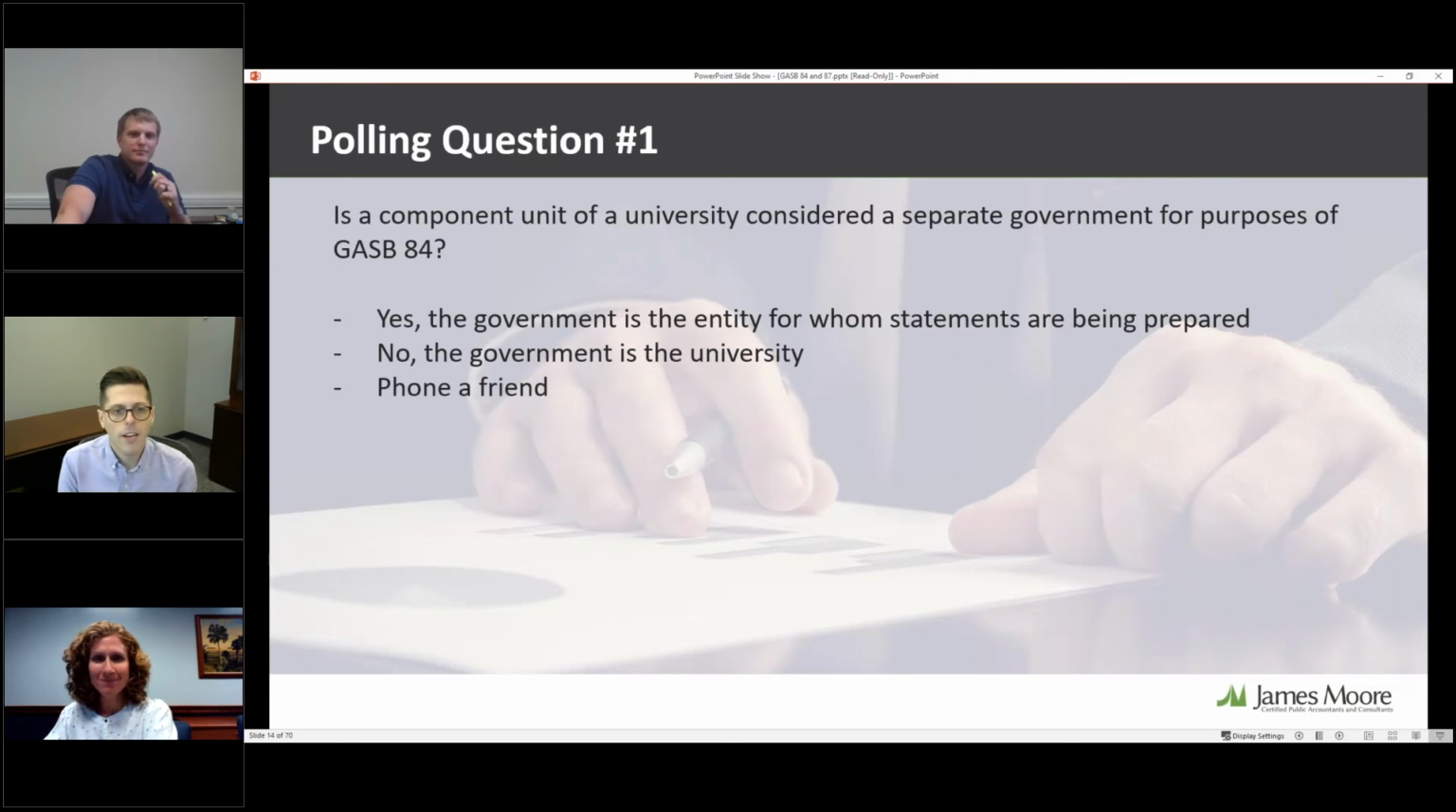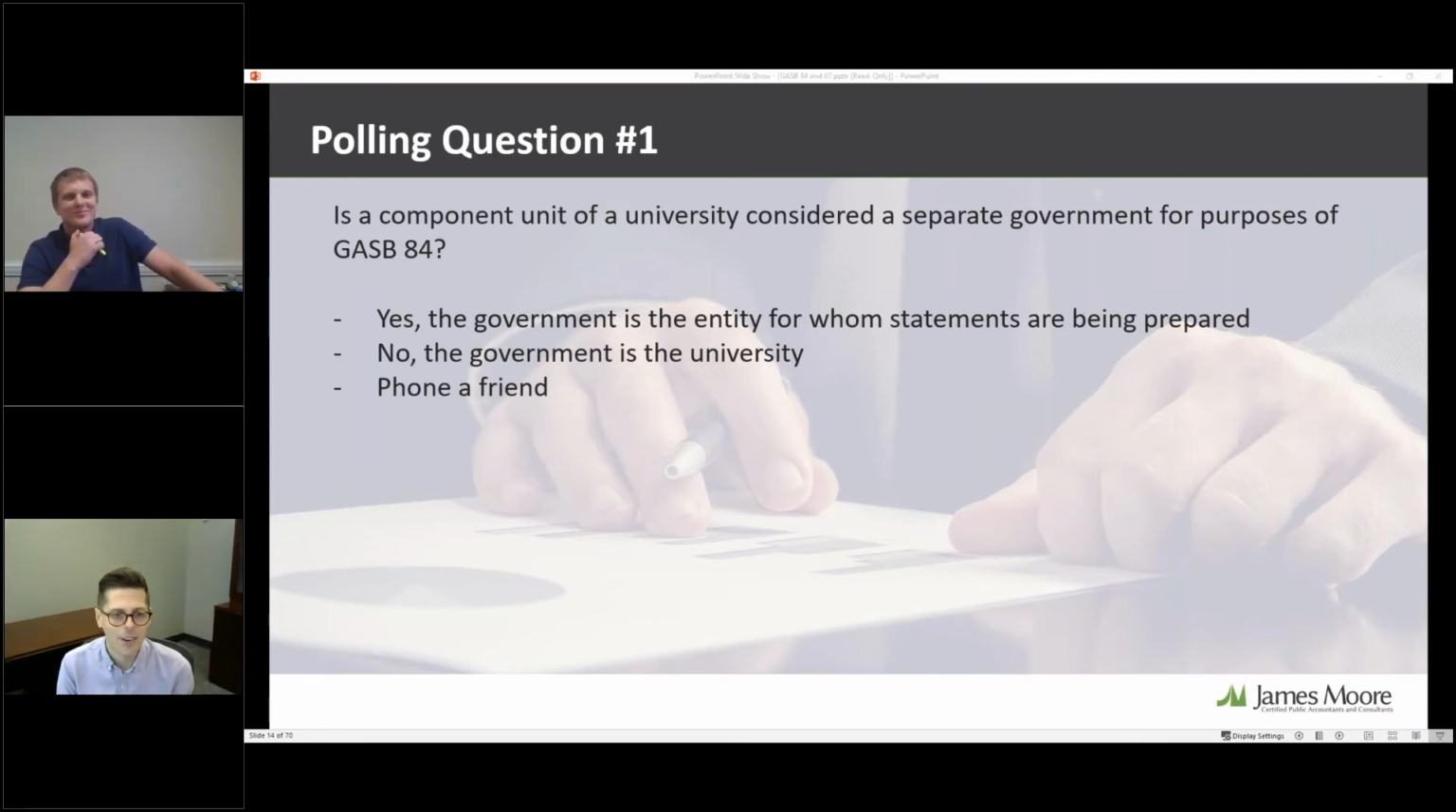Well, I can tell you what I did when this question came up for me in real life, and I phoned a friend, and that friend was Gatsby. And they told me that, in fact, yes is the correct answer. The government is the entity for whom the statements are being prepared. So while the government is, of course, a university, a direct support organization or component unit of that university could be considered a separate government for purposes of GASB 84, depending on the legal structure of that entity, statutes in the state, et cetera. So as far as making it as general as we could here, yes,